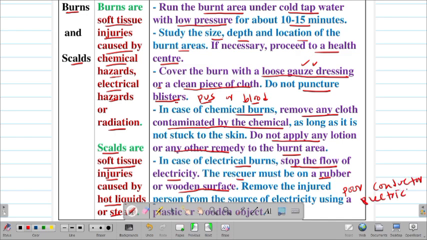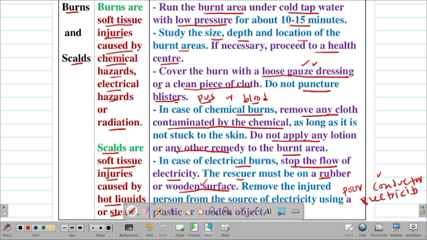So, to prevent that electricity from harming the person rescuing the victim, you are supposed to use a poor conductor of heat. For example, wood, plastic, or rubber. Also, if the person is still holding the socket, you are supposed to hit the person using a wooden material, which is a poor conductor of electricity, to disconnect the person from that particular electricity so as to rescue the person from